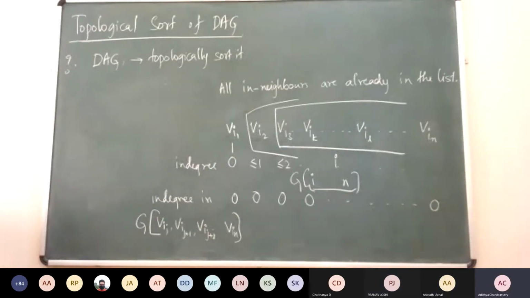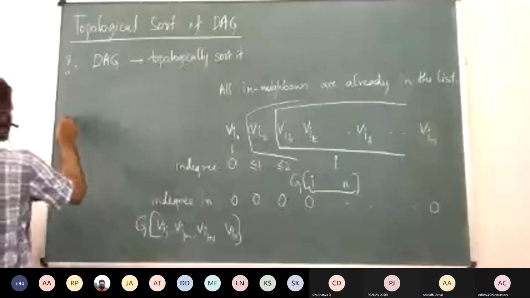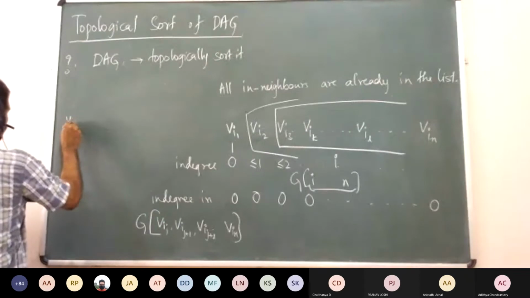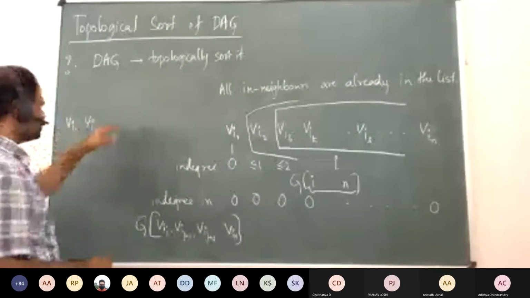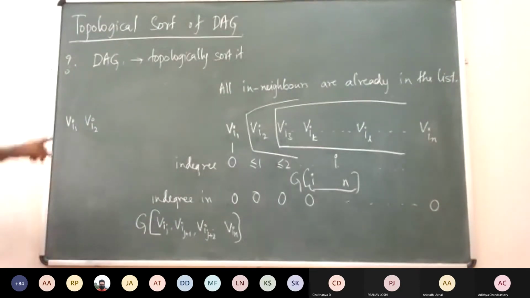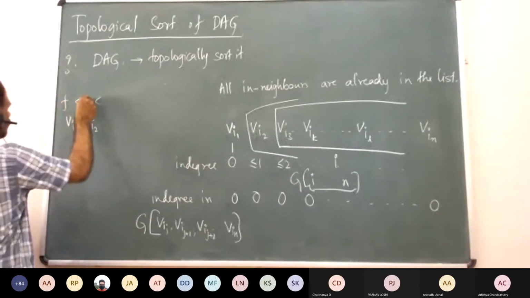So Anirudh was saying that once the vertex finishes, you put it in a list, right? What will be the first vertex in the list? What will be the finishing time of it? It will be the smallest. It will be the vertex that finishes first. So the first vertex in the list will be some Vi1 which finishes first. Then the vertex which finishes after Vi1, and so on. So if you simply order it around finishing times, it will be increasing.